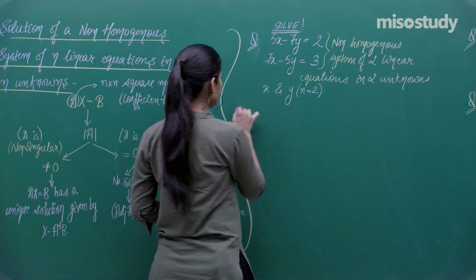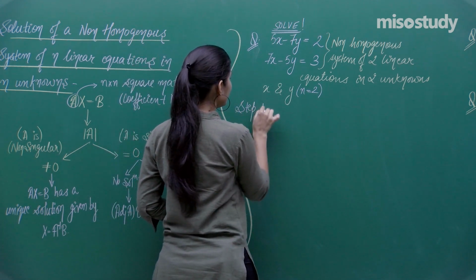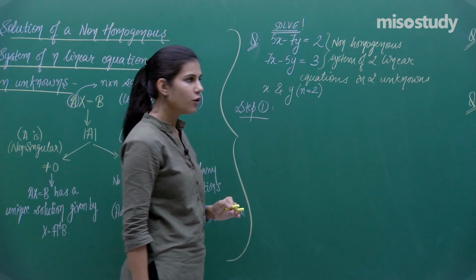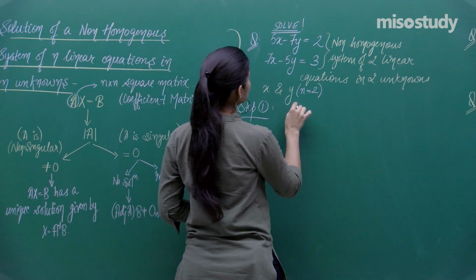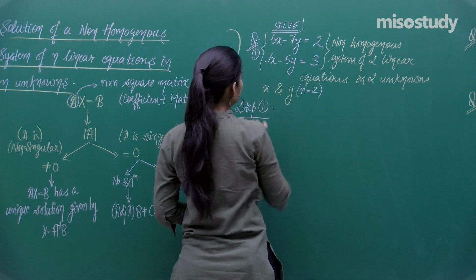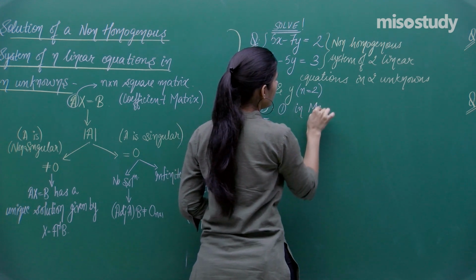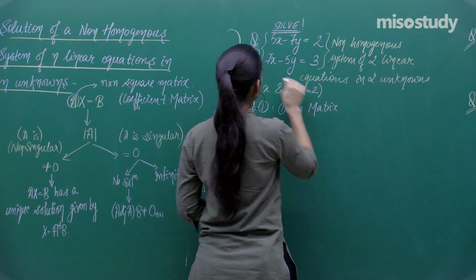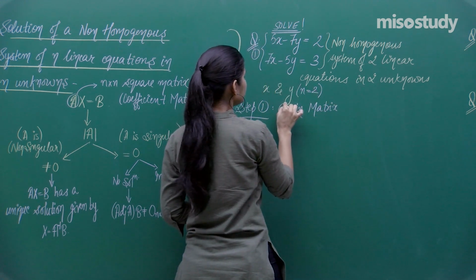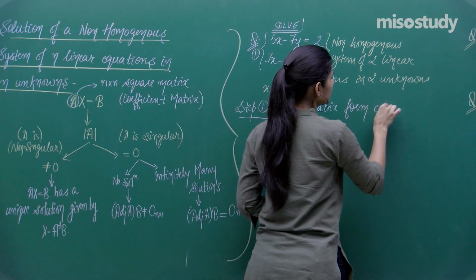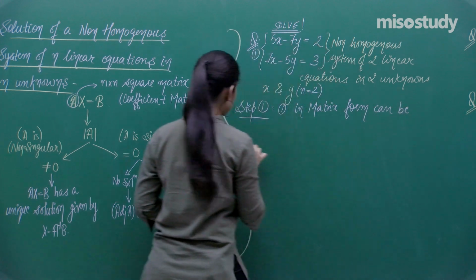What is the first step in here? Step 1 is to write the given system in the matrix equation form. Just write it as what? Let me name this as, say, 1. I say that 1 in matrix form. Write it like this. This is Roman 1. So 1 in matrix form can be expressed as